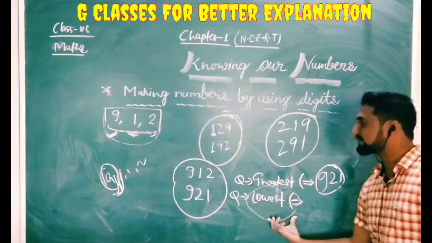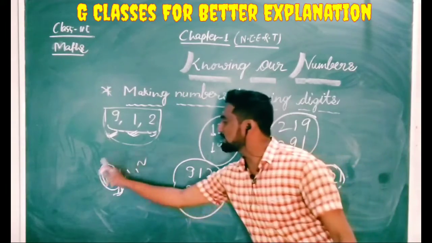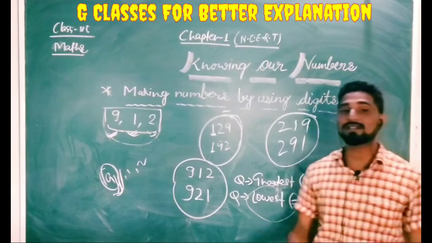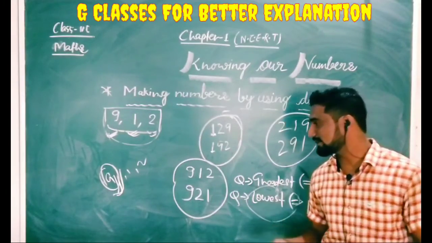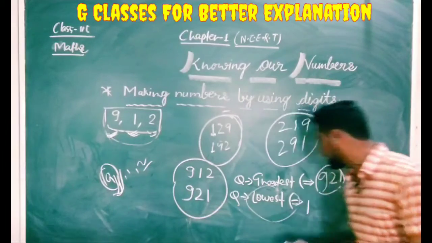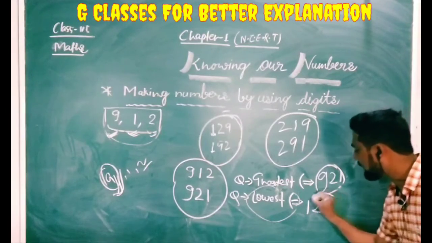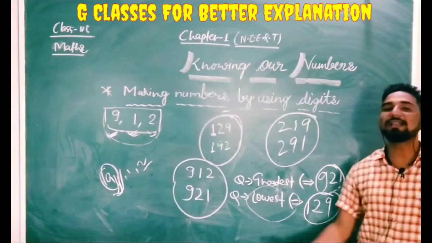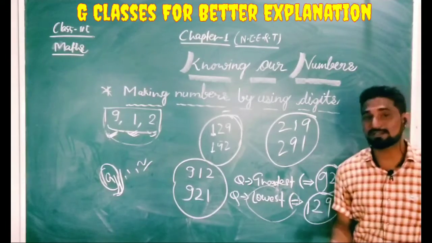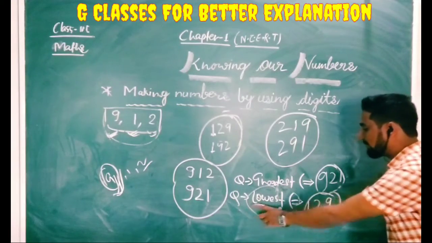For making the lowest number, you must pay attention. We have to look for the smallest digit, and which one is the smallest? That is 1. So 1 will be written first. Then compared to 1, which one is greater? 2, and after that 2, 9. So I will write 2 here, and then I will write 9. And you can see the number I have got is 129, and it is the smallest one. I will check later whether it is the smallest or whether we could write a smaller one. So you can see here how I have formed the greatest and the lowest number.